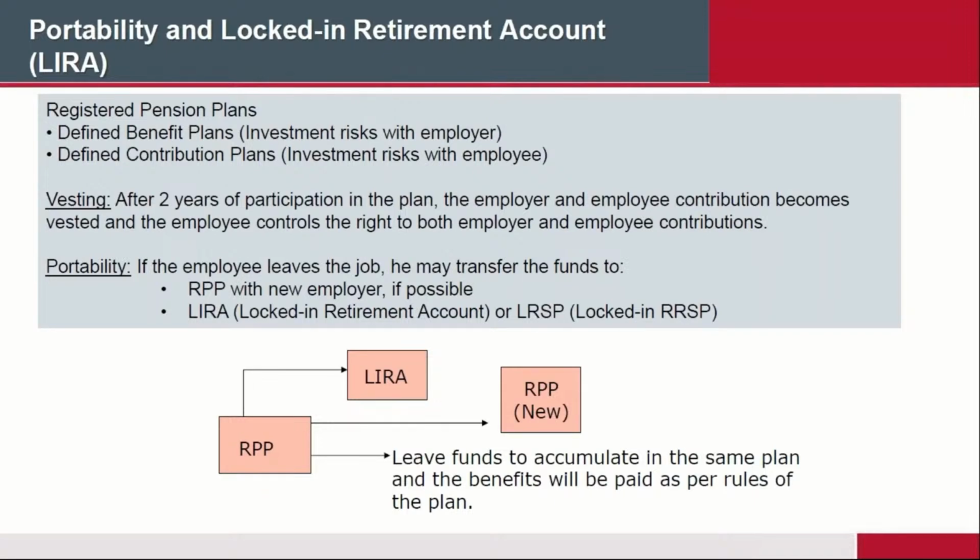At age 55, you can begin to take money out, and you'll see how that works in a moment. But you can also let it sit there. You can let it sit there all the way to age 71. So you don't have to start an income. If you don't need the money at age 55, you can simply leave it there until the day that you do need the money, but up to age 71 is your absolute maximum. Or, like I said, you can transfer that money into a new RPP with your employer.